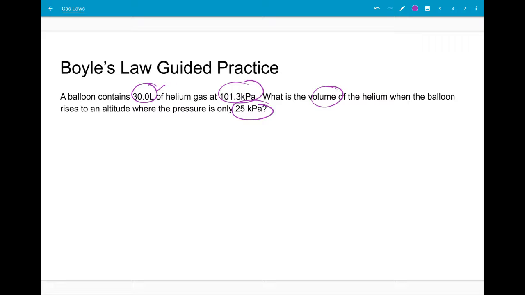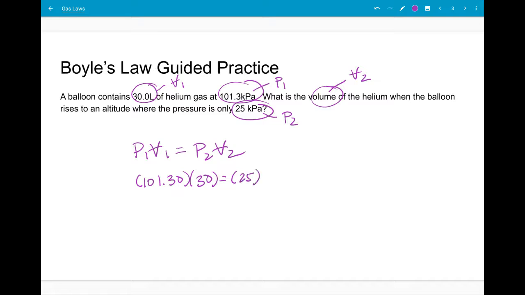So I know liters is a volume, that's V1. kPa is a pressure, that's P1. The next is a second volume, and again kPa is a pressure. By doing this, you'll realize which gas law to choose just by which variables are available. So Boyle's law is P1 V1 equals P2 V2. So we're going to put in all of these variables,